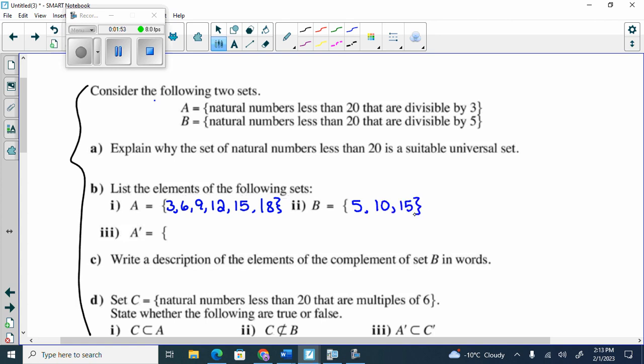Okay. So up above here it says, explain why the set of natural numbers less than 20 is a suitable universal set. Why is it suitable? Anyone know? You're right. It's because both sets were limited to that. Good answer. Because both of them say natural numbers less than 20, they're limiting both sets to be natural numbers less than 20, right? We can't use any other numbers outside of that. Correct? So that's why it is a suitable universal set, because both sets